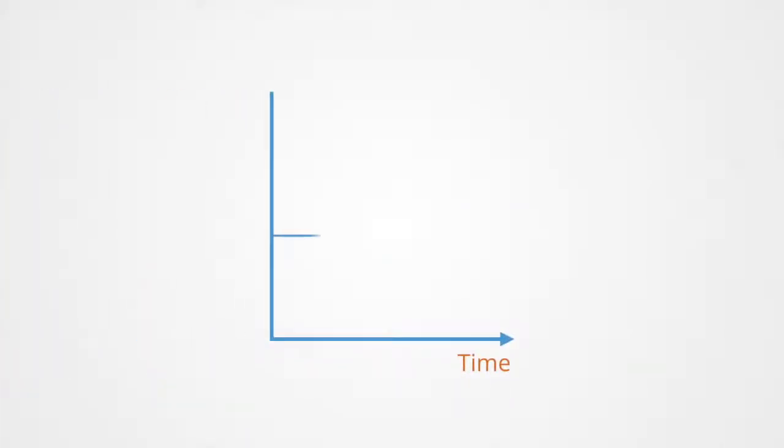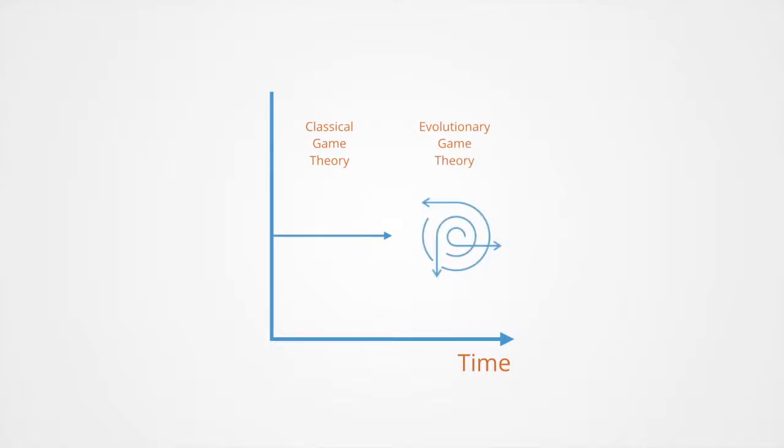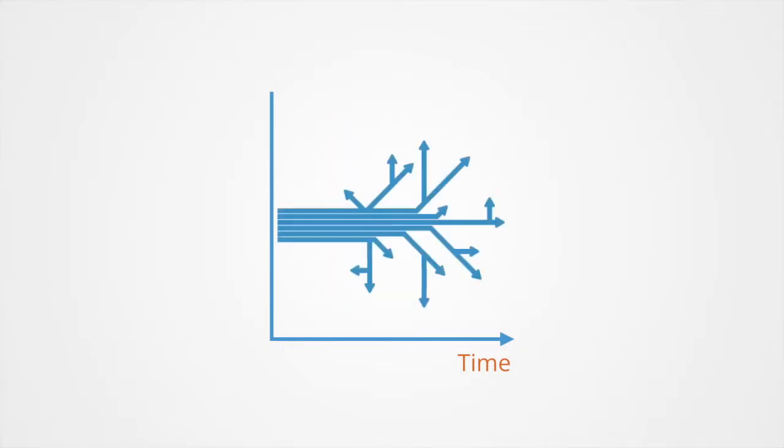Whereas the game theory that we've been talking about so far has been focused on static strategies, that is to say, strategies that do not change over time, evolutionary game theory differs from classical game theory in focusing more on the dynamics of strategy change. Here, we're asking how strategies evolve over time and